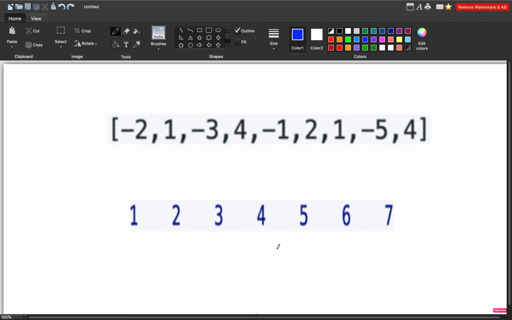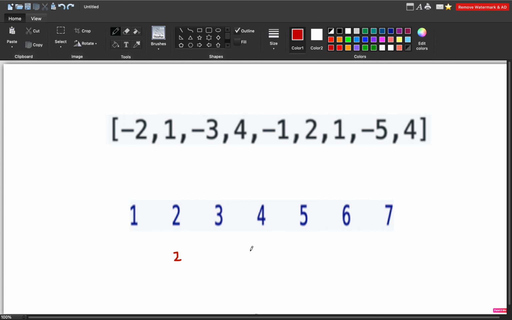Firstly, let's understand the difference between subarray and subsequence. A subarray is like 2, 3, 4, 5, but a subsequence is like any 2, 3, 6, 7. So there is a difference between subarray and subsequence, and keep this in mind. Every subarray is a subsequence, but not every subsequence is a subarray. A subarray always comes together, with all the elements coming back to back. So yes, we have understood this meaning.